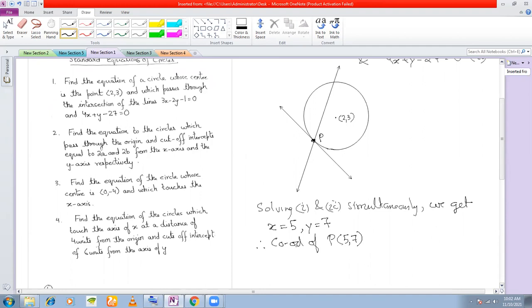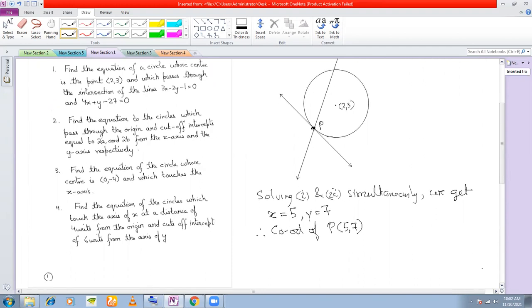Okay, now the center of the circle is given. You want to find the equation of the circle. Now, you know the standard equation of a circle with center (h, k). What is the equation? (x minus h) whole square plus (y minus k) whole square is equal to r square. So I start by saying, let the equation of the circle be